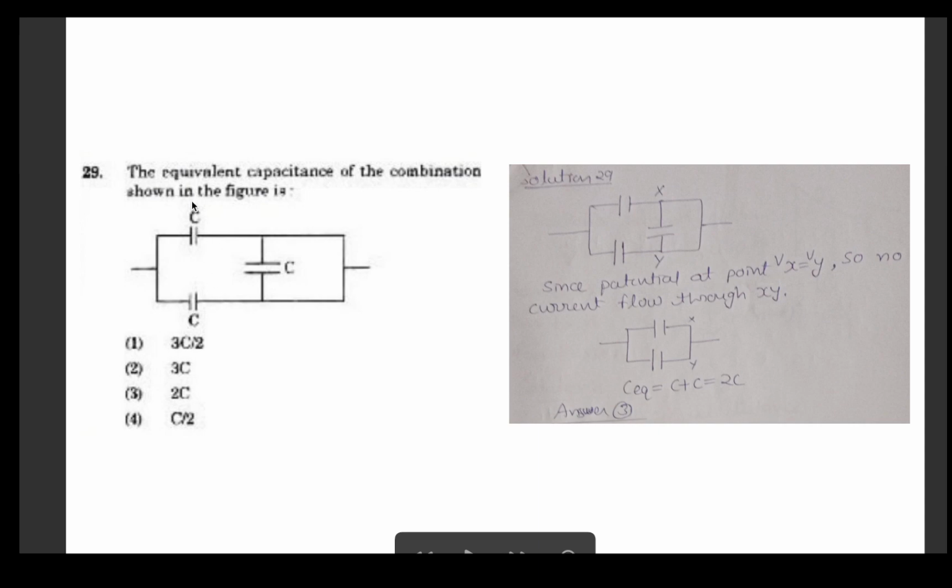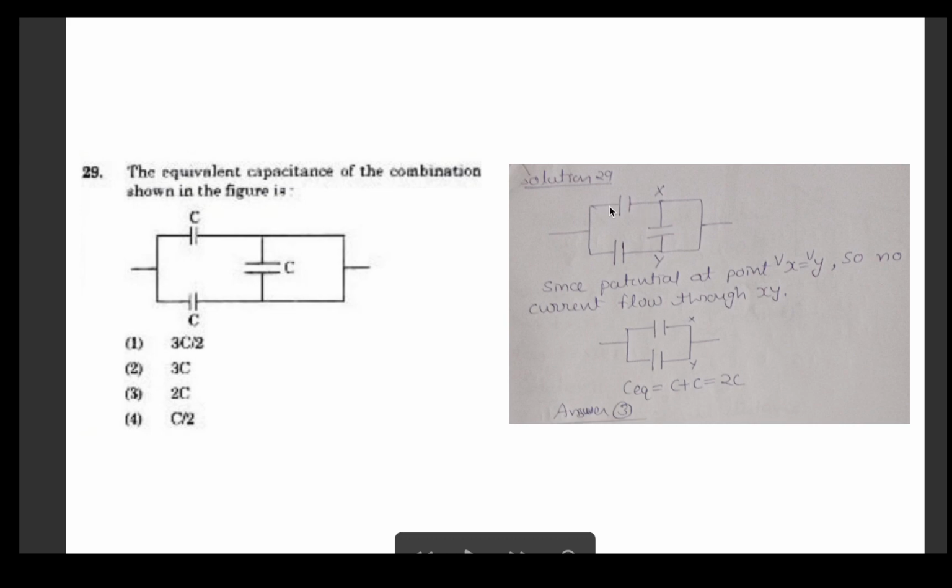In the 29th question, they asked the equivalent capacitance of the combination shown. This is C, one capacitor, two capacitor and three capacitor. Capacitance of all the capacitors are same. We can see that the potential at this point and this point is same, and the potential at point X and at point Y is same. Vx is equal to Vy. So when the potential is same, no current will flow through the XY circuit. So we can remove this